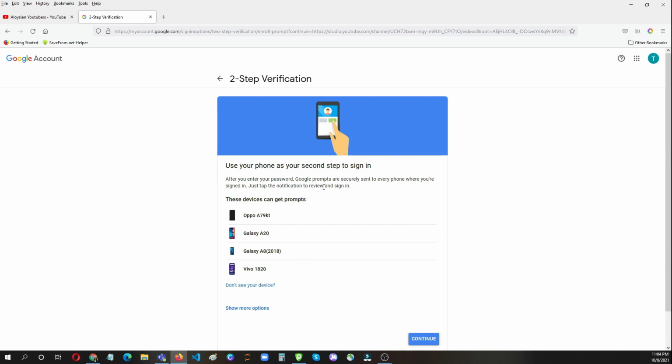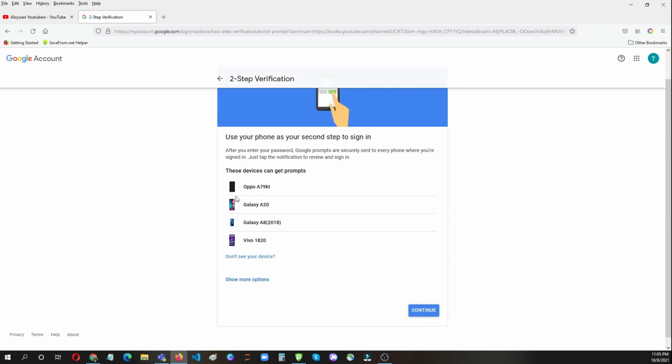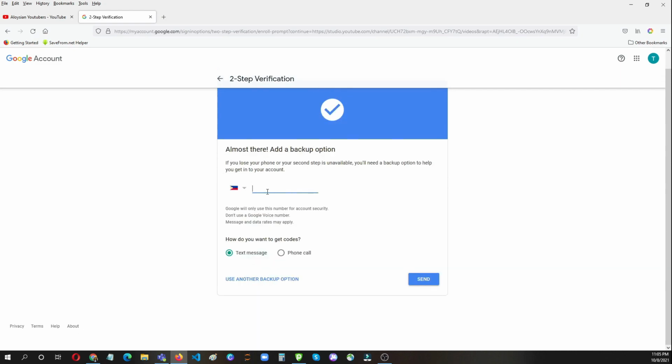These are the phones that were used to access our team channel account, because we are six members of the admin team. So far, only four have used their gadgets: Oppo A79, Galaxy A20, Galaxy A8, Vivo 1820. This is my device, Galaxy A20. So I'm going to add my phone number,